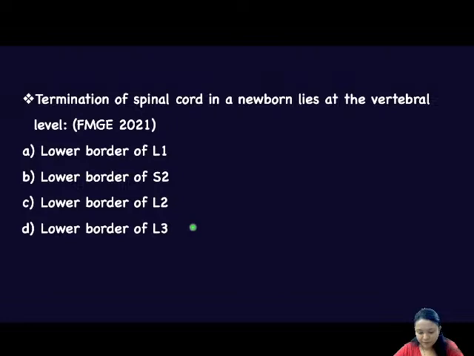Any answer? Where is the termination of the spinal cord in the newborn? Think, in an adult it is the lower border of L1. What about the newborn? Termination of the spinal cord in the newborn is at the level of... So the answer here will be your